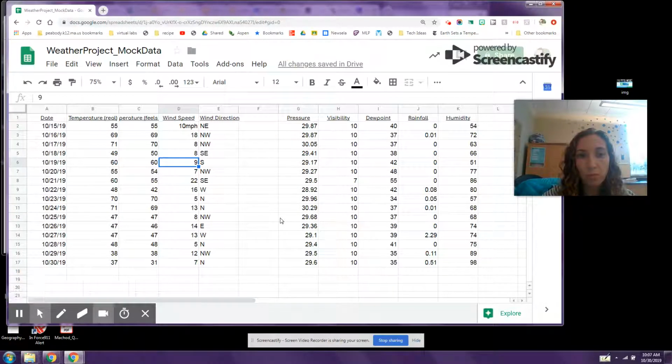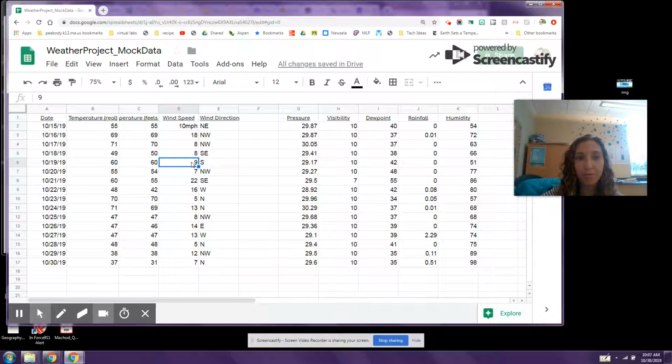Okay, so what I'd like to do today is to make a video to help you understand how to make graphs in Google Sheets. And this is going to be the first video. This is how to make a simple graph from start to finish. So the first thing that you're going to do is open up your data that you want to use to